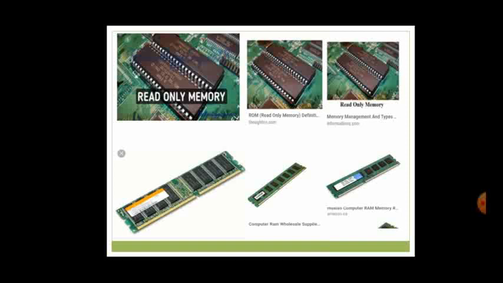In further classes we'll see the different types of ROM memories, how we can store the data in the ROM memory, and how we can erase the data and rewrite the data in the ROM memories. In the later classes we will study that. In the lower row you can see that there are PCBs, that is, printed circuit boards, on which some chips are there. We call them semiconductor memory. Okay.